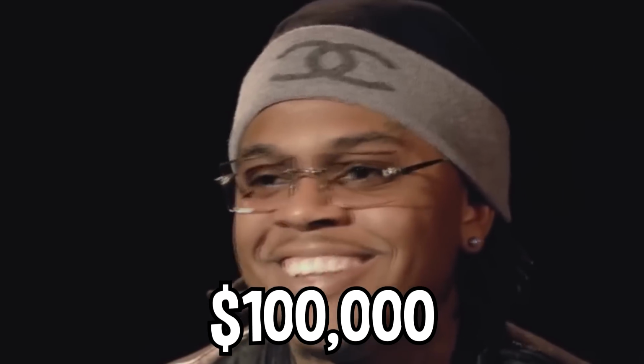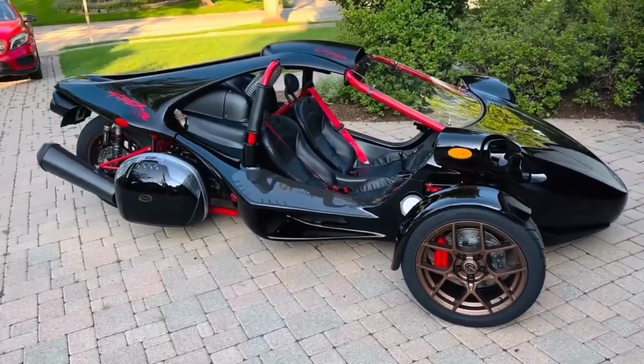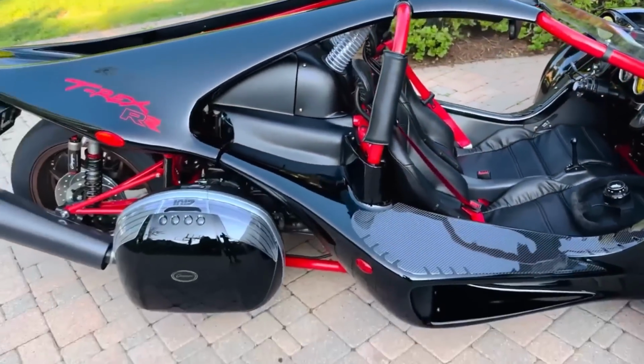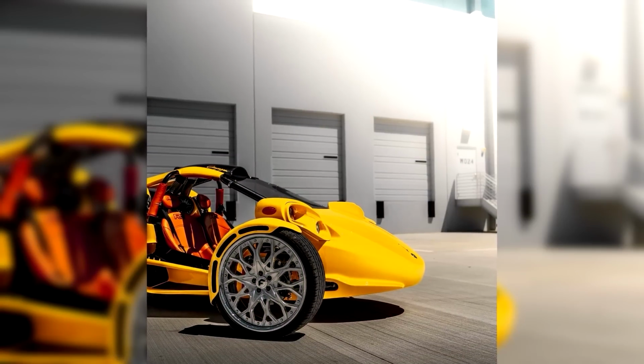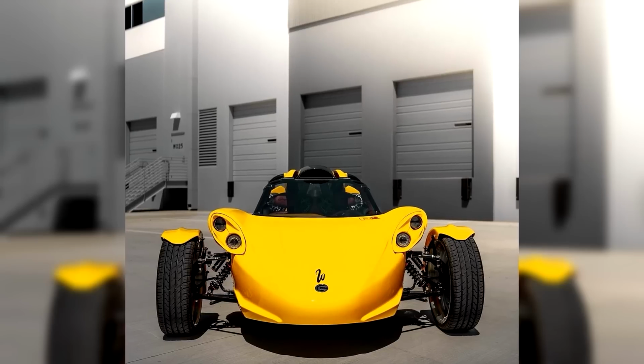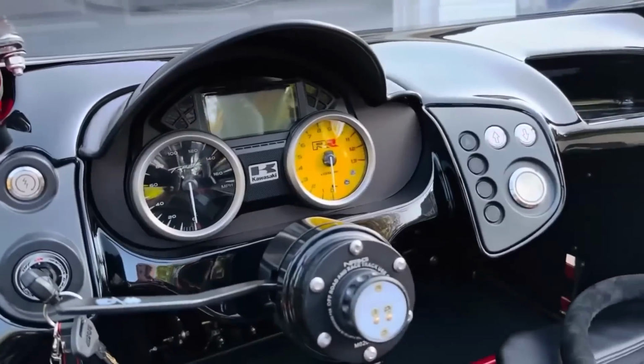But then Gunna decided to completely change everything, because for fun, Gunna decided to throw $100,000 at this weird 3-wheeled ride. It is known as the Campagna T-Rex. He took it to the body shop to have it customized with a yellow exterior and orange leather seats. He even added custom Forgiato wheels to it as well, and surprisingly, this little vehicle can reach speeds to